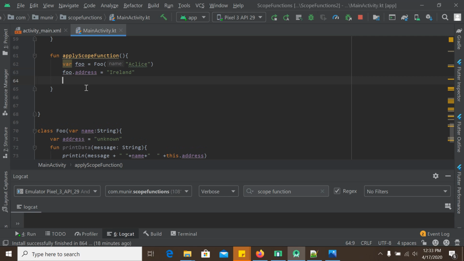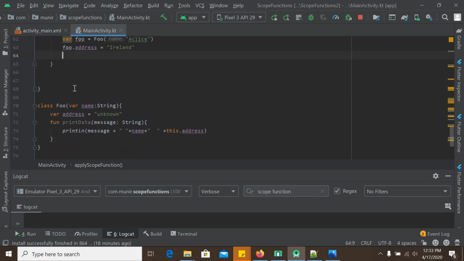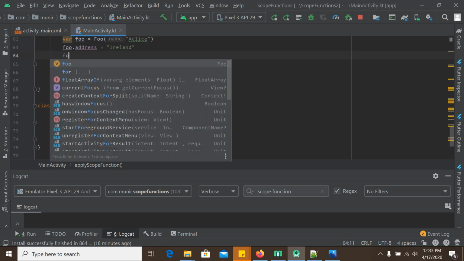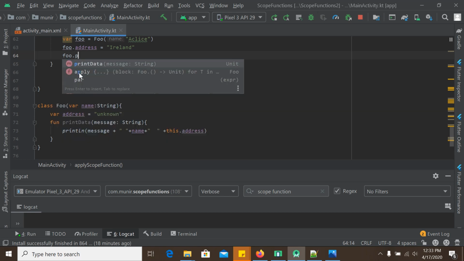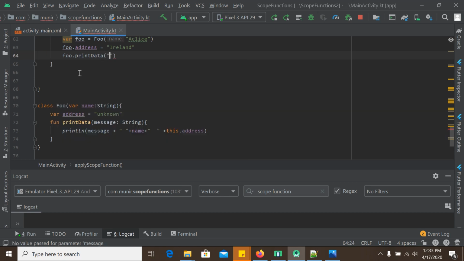And if we want to access the member function, it will be foo dot printData, without using the apply scope function. Okay,